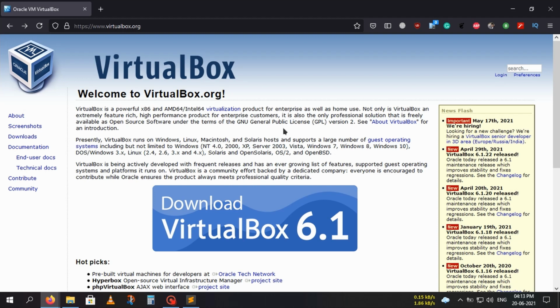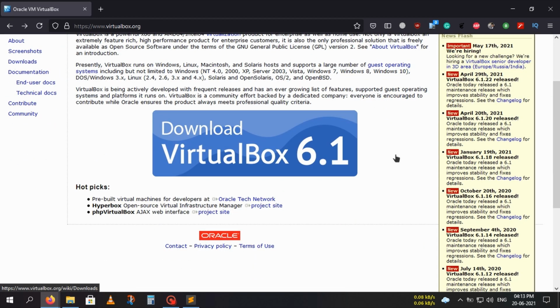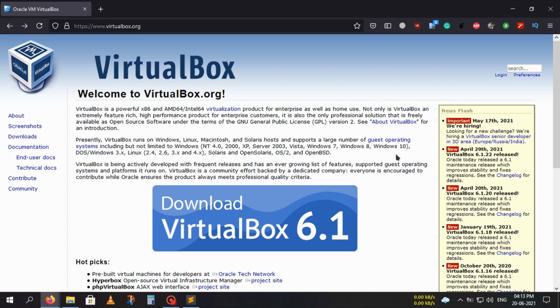So now, the very first thing we require is VirtualBox. VirtualBox is the software you can run on your existing Windows or Linux operating system. It creates some kind of virtual environment in which you can load any ISO file or any operating system file on top of your existing system, and it will not affect your current environment. You don't need to format your system and boot to pen drive and install that OS to your system. It just creates a virtual layer on top of your existing system. So this is a nice idea to test Windows 11.